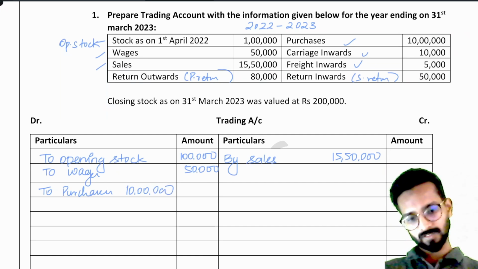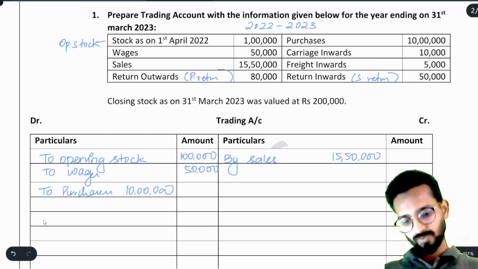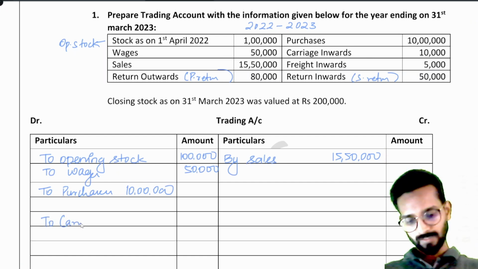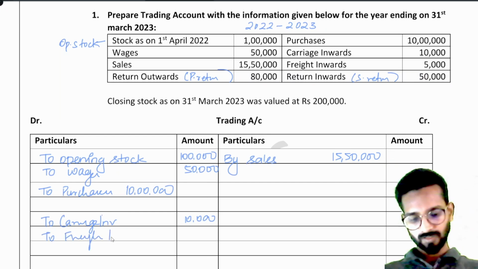Then carriage inwards 10,000, to carriage inwards 10,000. Then freight inwards 5,000, to freight inwards